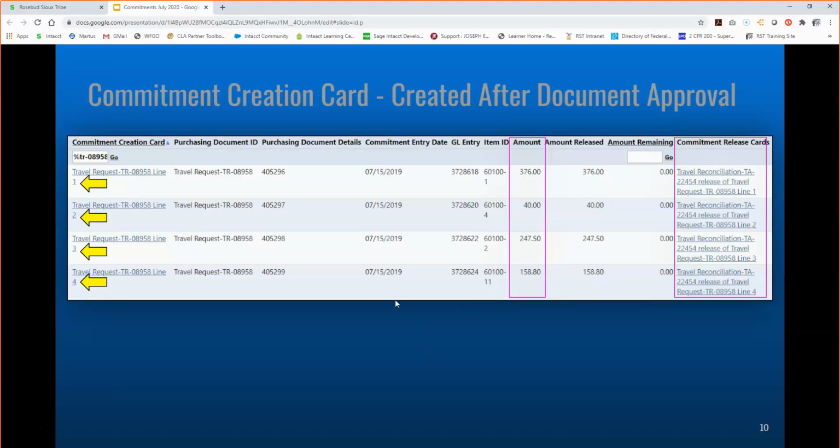And so in Intacct, we have a special application that manages our commitments. In our request, we had 4 separate lines, so we have 4 separate lines being created. This is important based on how we reconcile and pay vouchers down the road, and we'll get to that in a minute. But we can see travel request. Here's the document number, the day the commitment was created,